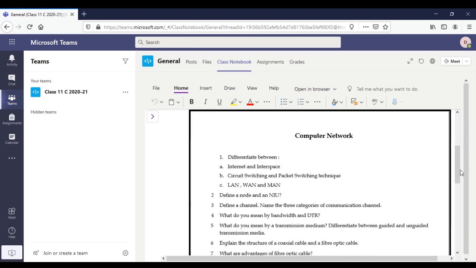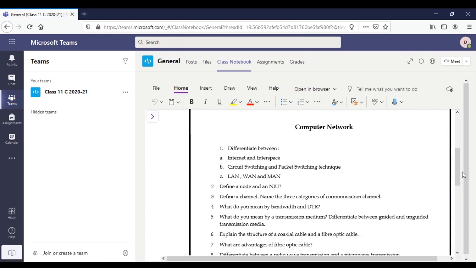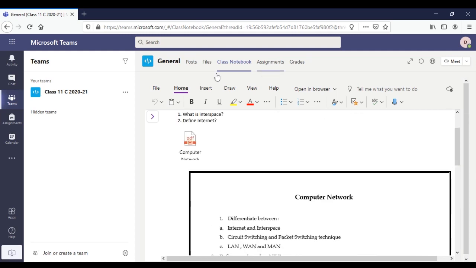So this is the question paper from the students side. Student can write the answers on a piece of paper on a copy and then scan it and upload the answers by clicking on this insert option.